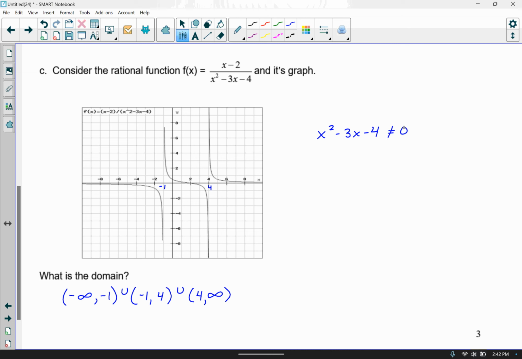And we need to figure out, okay, well, what values then would make it equal to 0? So we factor. The only way to multiply to give us x squared is x and x. Most common way to multiply to give you 4, probably 2 and 2, but you're trying to get a 3 in the center, so let's go with 4 and 1 then. Since I'm wanting negative 3 in the center, which one needs to be negative? Hopefully you agree that 4 has got to be negative, 1 positive, and then negative 4 times positive 1 gives me negative 4. Set both of those